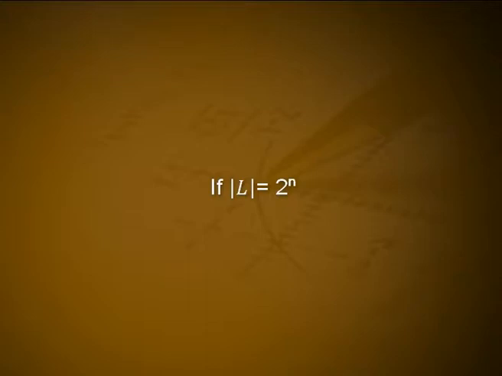If a finite lattice L does not contain 2 raised to n elements for some non-negative integer n, we know that L cannot be a Boolean algebra. If the cardinality of L is equal to 2 raised to n, then L may or may not be a Boolean algebra. If L is relatively small, we may be able to compare its Hasse diagram with the Hasse diagram of Bn. In this way, we have seen that D30 is a Boolean algebra, but this technique may not be practical if